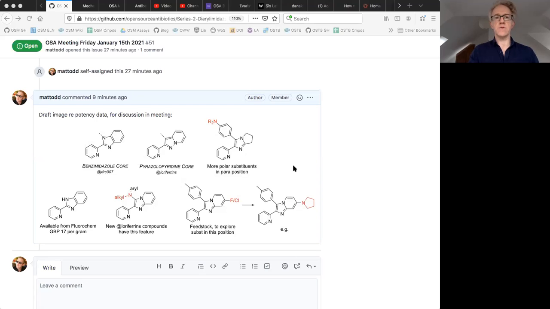All right, great. And then in terms of the shopping list, there were some other things here in terms of, if we wanted to try and explore this amino substitution that we were talking about last time, or something polar. That I wasn't sure. So Dana, you posted that very nice Topless analysis that you did. And I don't think it suggested that we should be putting things like amines in that position from what you had. You were trying to align it with one particular sequence in the Topless analysis. Yeah. But I'm not sure if that would point to a justification of putting an amine there, or if we'd be going against our own analysis if we did that.